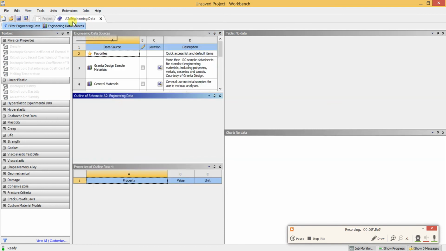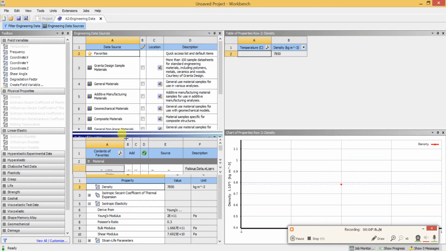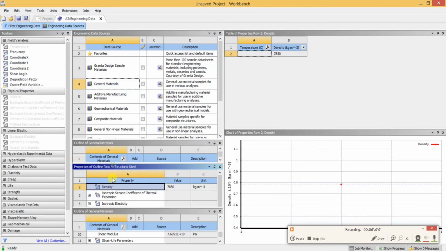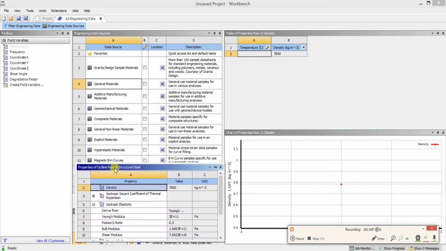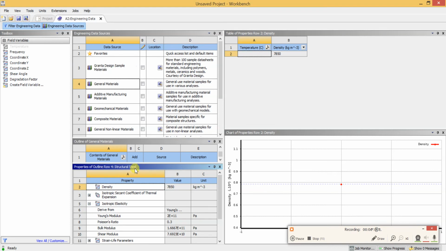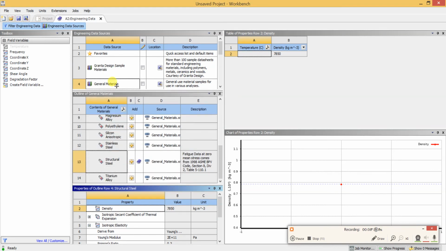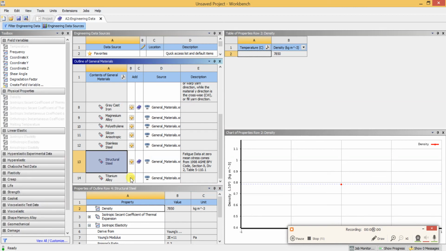So you need to go to engineering data. In the engineering data you can select general materials, and in general materials we have a list of materials available at the bottom. Here you can find a list of materials. I'm using gray cast iron, titanium alloy.